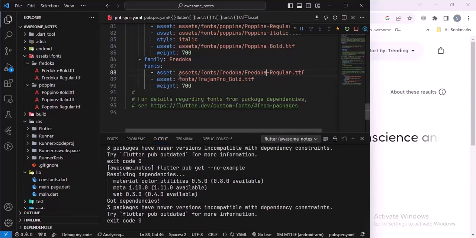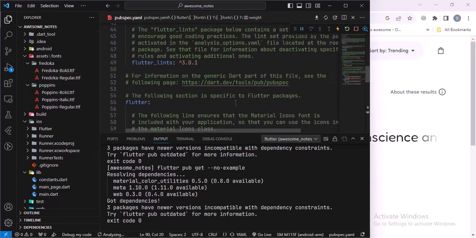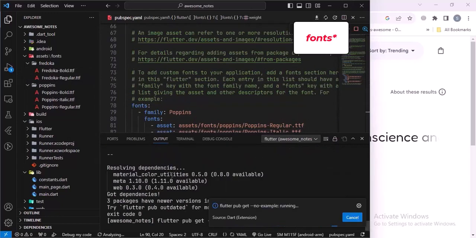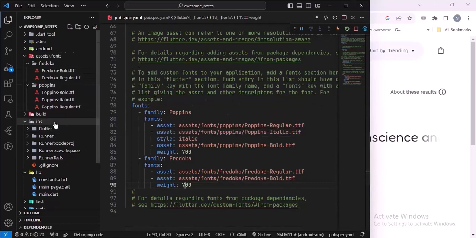And then again I will copy this one and paste it in here, and I will name it bold, and the weight is fine. And now when that's ready, just get all those libraries, and now it's ready and we can use